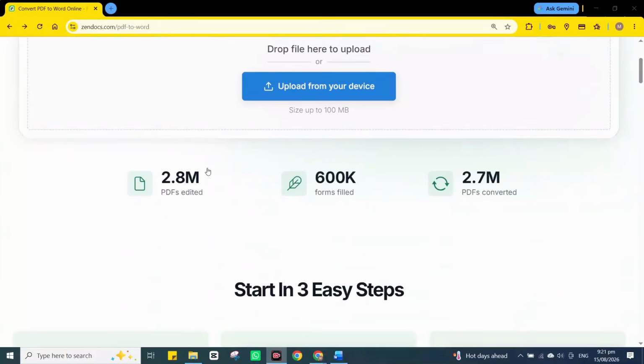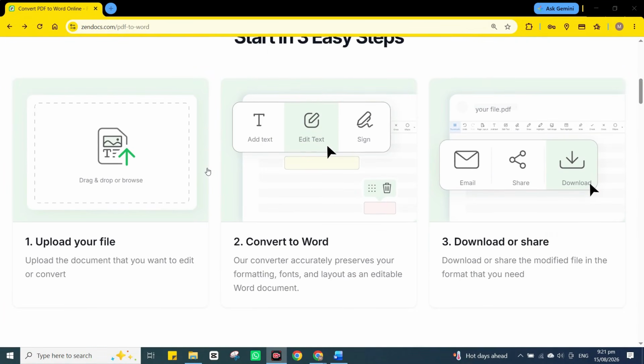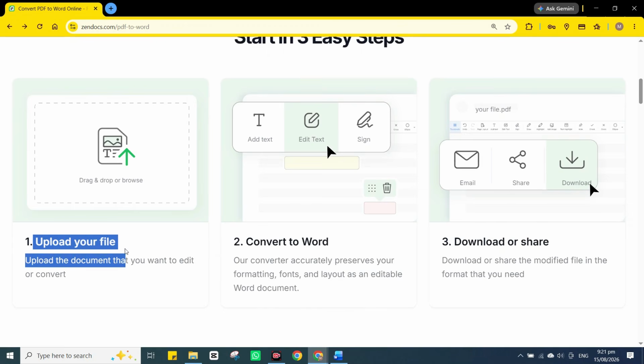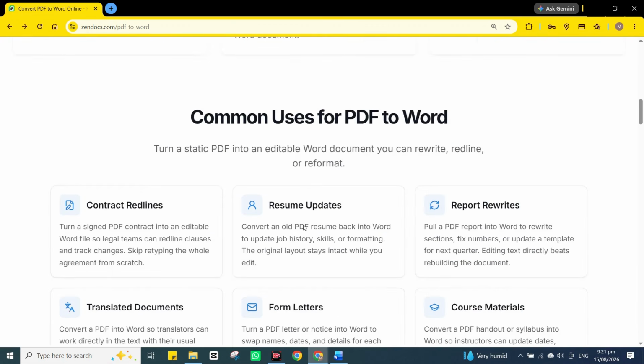So what exactly is Zendoc? At its core, it's a browser-based platform for working with PDFs and other common document formats. The platform supports tools for converting PDFs into Word, Excel, PowerPoint, PNG, JPG, and Markdown files.